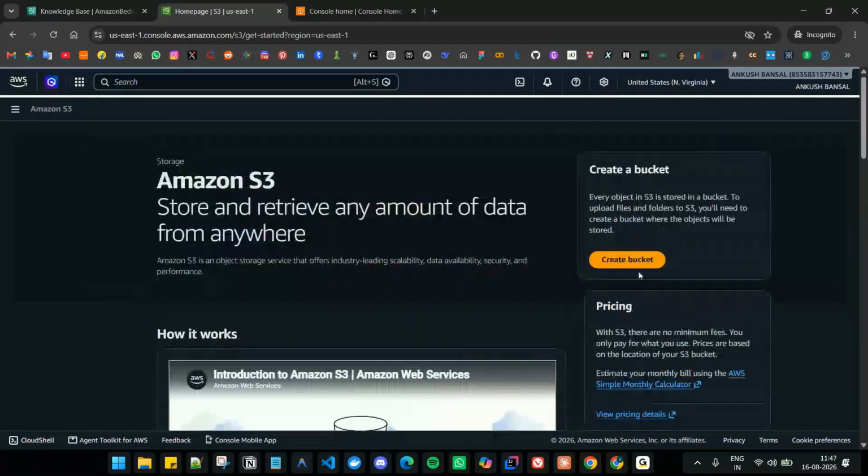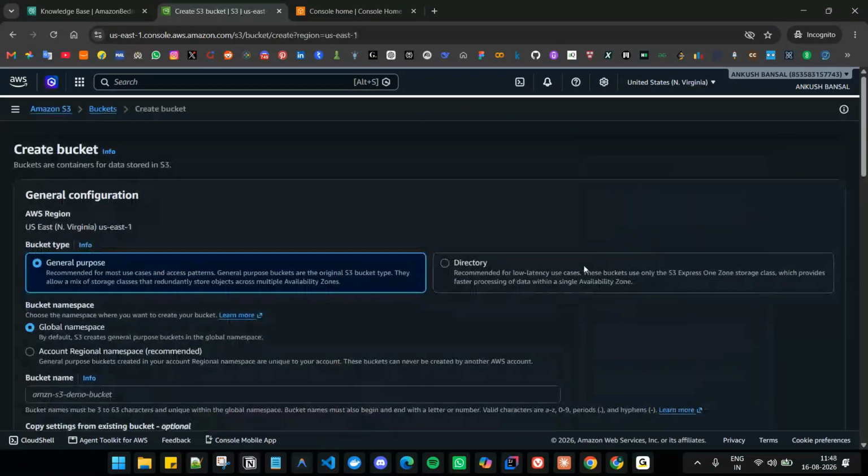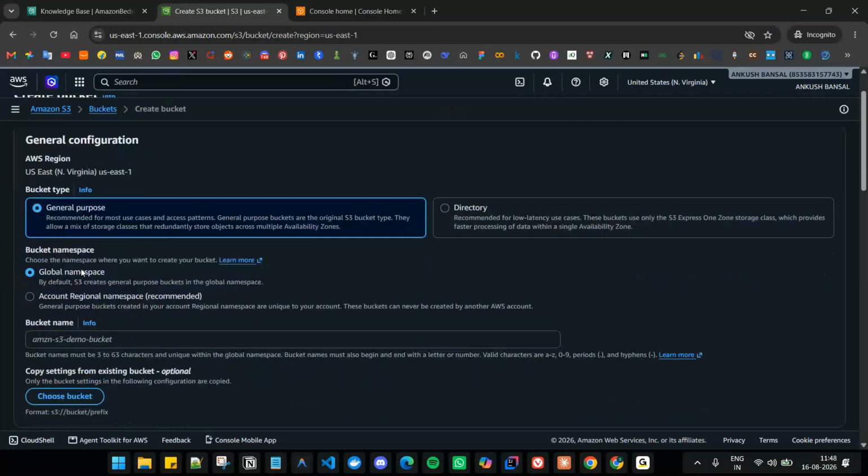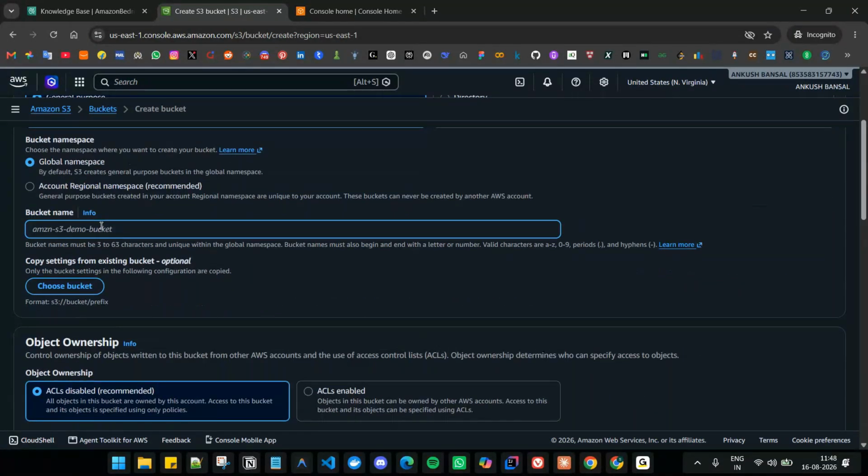So we'll create a bucket. I hope you learned about S3 buckets yesterday itself. For now, we'll just create a bucket of general type, and bucket namespace. All of these are here. You can create a bucket name. We'll create the bucket name as